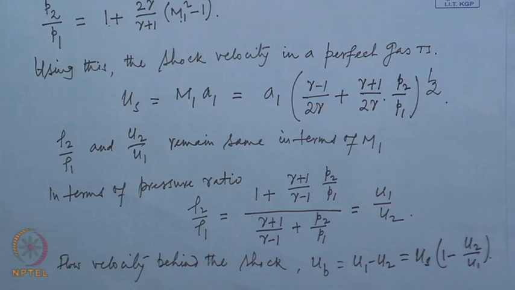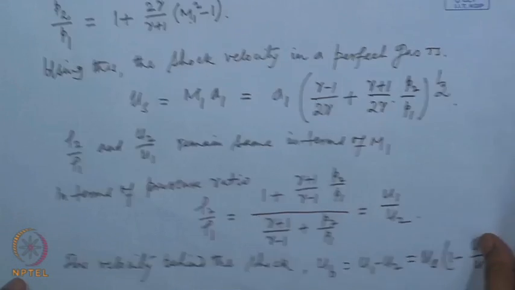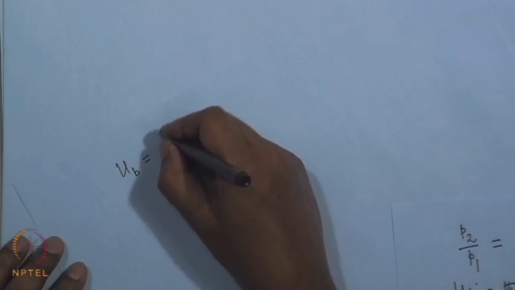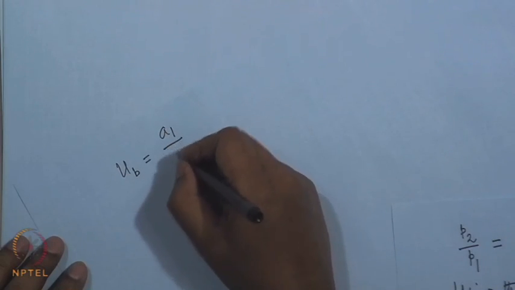And in terms of the pressure ratio, this becomes u 1 by gamma